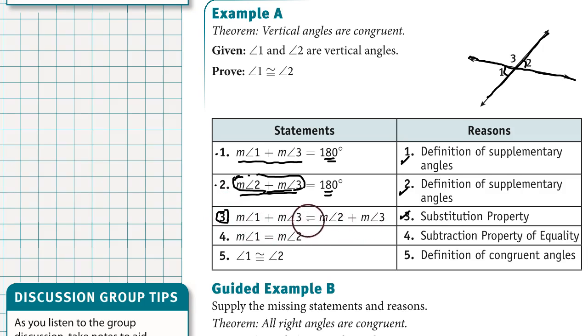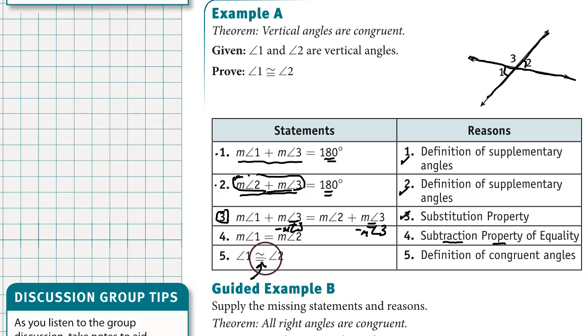Okay, once we have this, let's create the fourth statement, which is angle 1 is equal to angle 2. Measurements are numbers, so think algebra properties here. Do you notice how angle 3 appears on both sides? We can subtract the measure of angle 3 from both sides of the equation. That's called the subtraction property of equality. That creates statement 4. If the measurements of 2 angles are equal, then we can say that the angles are